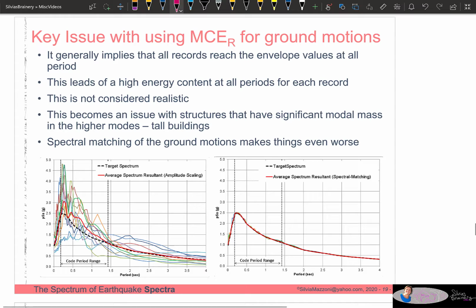And so if you then go to the extreme of spectral matching in a tight form, then now you've got ground motions that all have exactly the same energy content as your target spectrum. And so now this can cause some problems when you've got higher modes that are not excited, or maybe they're overly excited. What is the answer? We don't fully know. But there's issues between these two concepts as well, because really the design spectrum is meant